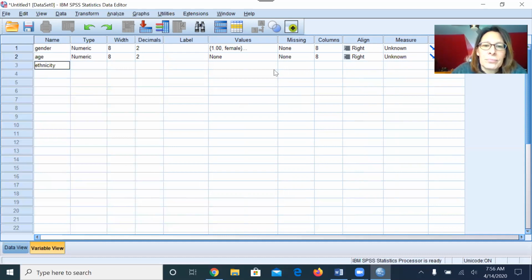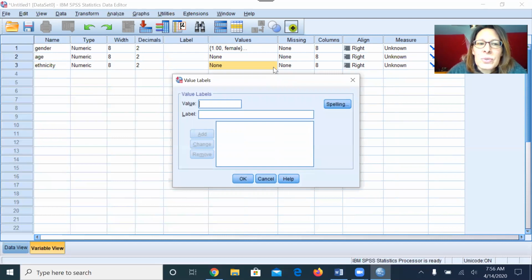Now ethnicity. Ethnicity will be categories. This will be categorical data. All right, so we can do different values. So 1, boy, I'm not exactly sure how you do Caucasian. I don't like to use the word white, but I'm going to anyway. So we have European American, African American,